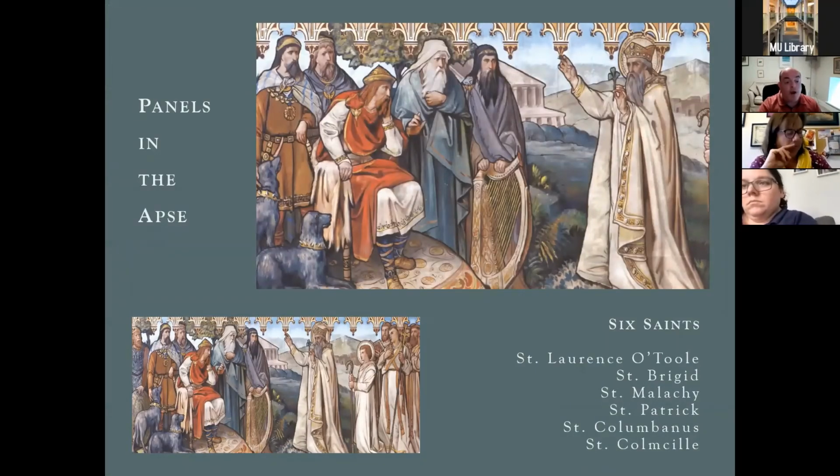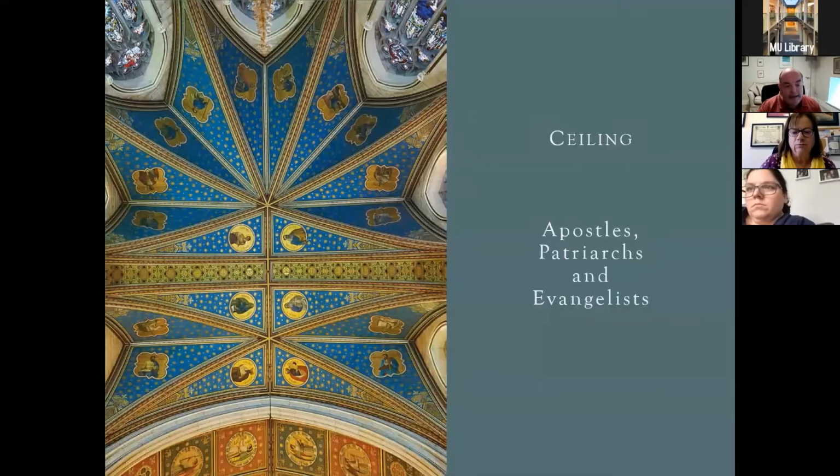The panels in the apse are the six principal patrons of Ireland, if you like. There you see St. Patrick preaching to the King. Interestingly, behind the guy with the harp, you'll see a building, which is actually a church in Rome, San Stefano Rotondo, which was built along the dimensions of the New Jerusalem in the book of Revelation. And it was actually where one of Brian Boru's nephews is buried in Rome. The ceiling in the apse has the apostles and the patriarchs and the evangelists there,